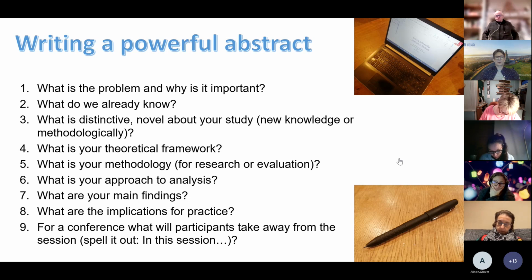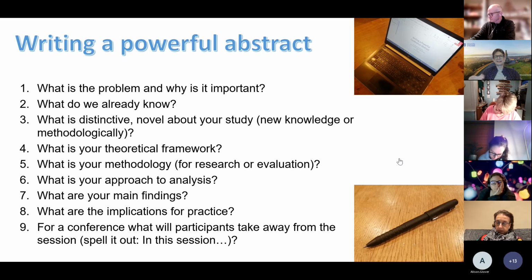Now, if you're applying this to a conference such as the TEAN conference that's coming up and you want to do a presentation, something I quite like to do is I absolutely spell it out and say what the person's going to get from the session. So I use the word 'often' in this session. And there might be at some conferences an opportunity, they had them at BERA this year, to do roundtable discussions, or sometimes the special interest groups might have focuses on certain things, maybe sustainability or early years education or additional support needs, special educational needs, or particular subject specialisms. So they'll get a group of people in that field together.